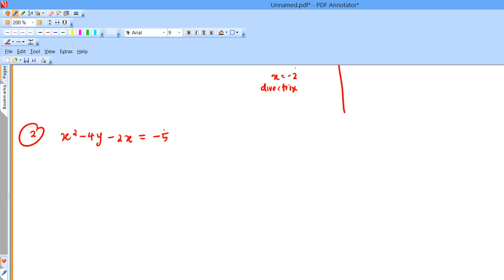Based on this equation, we have a square on x. So we can separate the term with variable x on the left hand side and the other term on the right hand side. So x^2 - 2x = -5 + 4y,